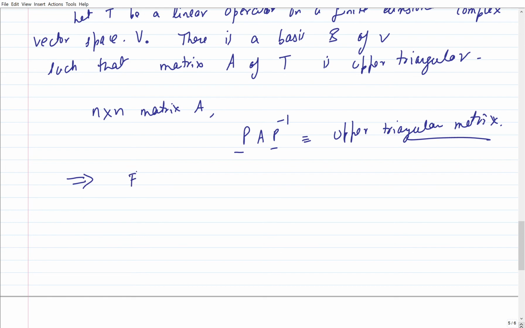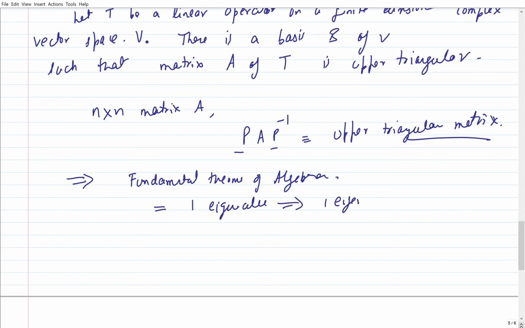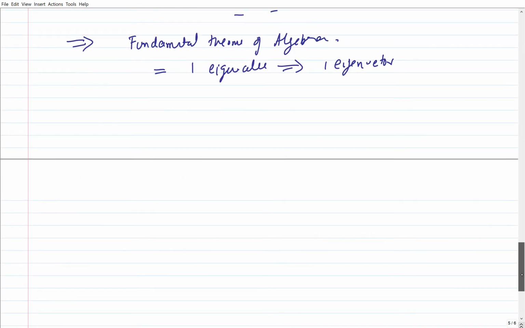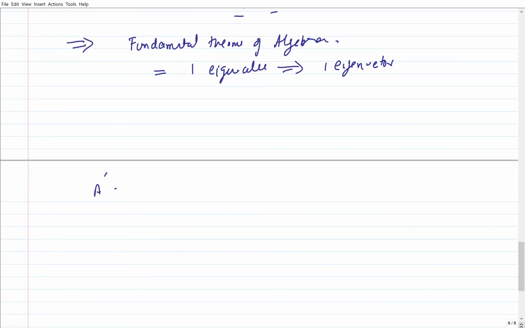the fundamental theorem of algebra states that any complex polynomial has a root. That means it has an eigenvalue, at least one eigenvalue, which implies it has one eigenvector. Now, if I make that eigenvector the basis, my matrix can be written as